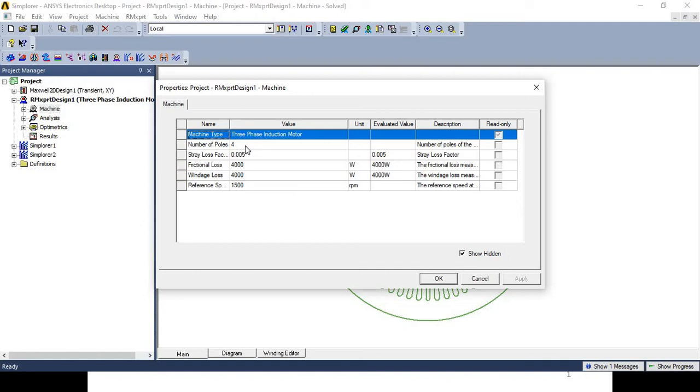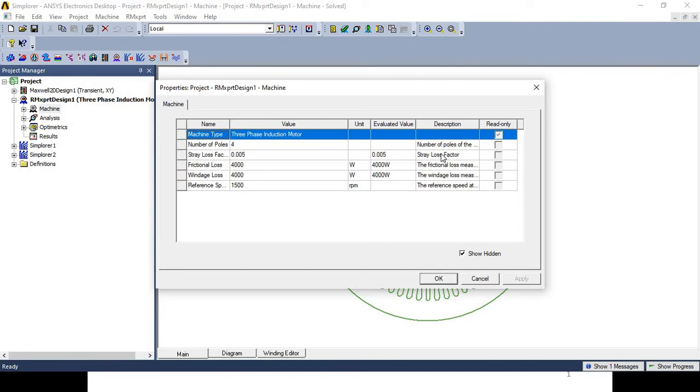Then we have the idea about speed in case of the induction motor: Ns equals 120 f by P. That is 120 into f divided by P, where P is 4, and if the frequency is 50, then of course the speed will be 1500 RPM.